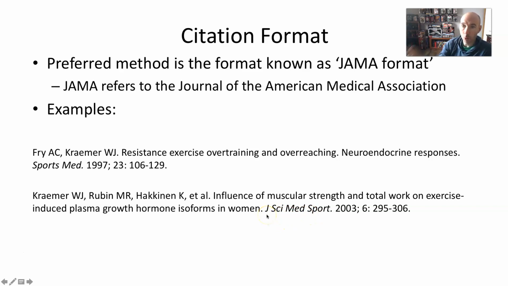So the word journal is almost always just abbreviated as a J, okay? Now notice here we are using capital letters to start each word, and again, you're going to use italics for this, okay? After the title of the journal, again, you put a period. What we next list is the year. So 1997 here, 2003. After the year, you're going to put a semicolon, and then the next number is going to be